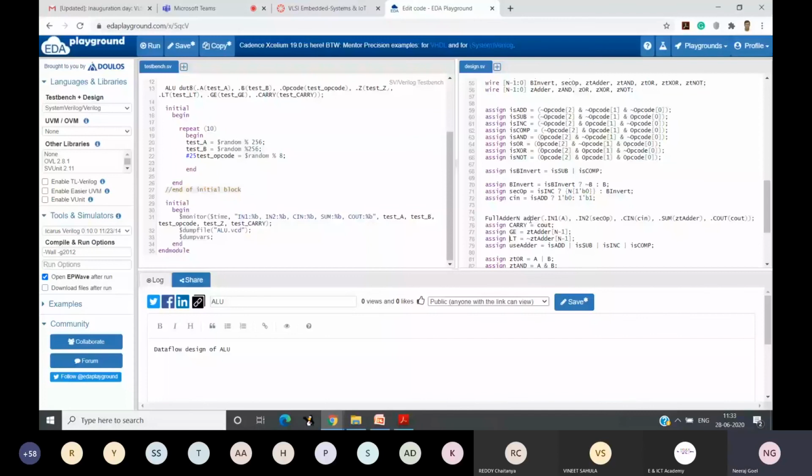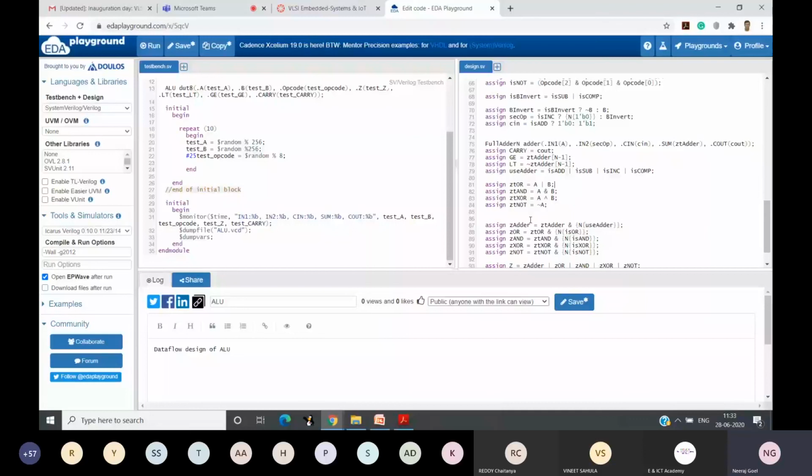If any of these 4 operations are there, then we are using the adder. Now, logical operators are easy. We can simply use A or B, A and B, A XOR B, and inverse of A. Okay, so this part is essentially my one hot